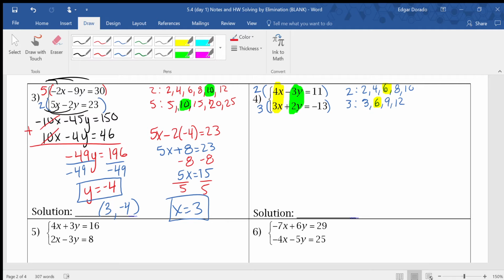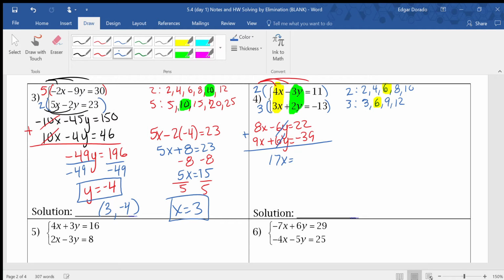All right, let's go ahead and take a quick look at these. So if I distribute that 2 in here, I'm going to have 8x minus 6y equals 22. In the bottom, I'm going to get 9x plus 6y equals negative 39. If I add these columns now, we'll notice that my y's will cancel, so I'll get 17